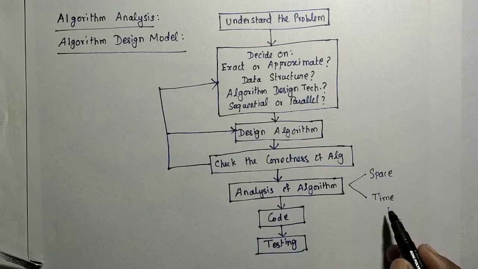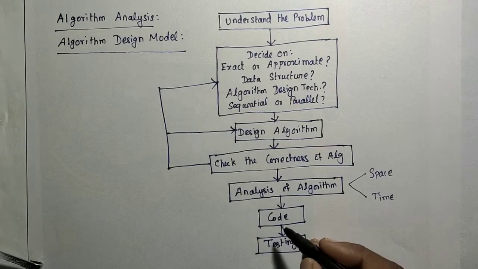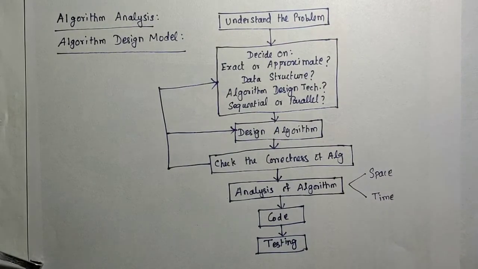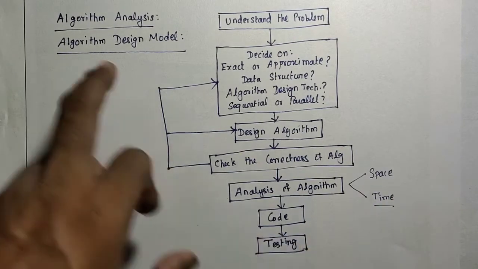The exact execution time will be known only if you are implementing the algorithm in some particular language, in a particular system. Then only can we find the exact execution time. But before coding itself, we need to state the time complexity approximately. We need to estimate that your algorithm will produce the output in this time. This is the fastness of my algorithm. In this much time, my algorithm will produce the output. Like that, we have to say approximately. That is what we are going to discuss.